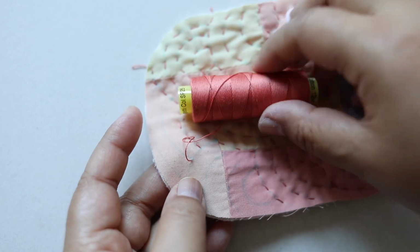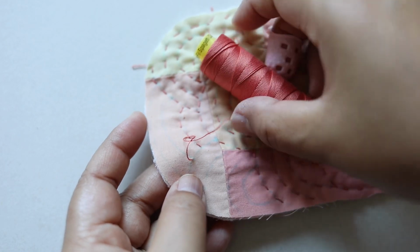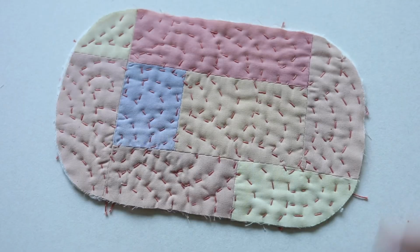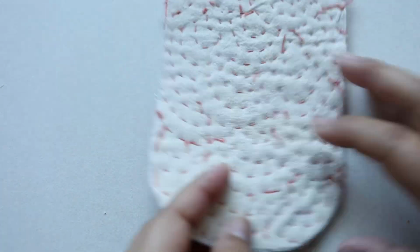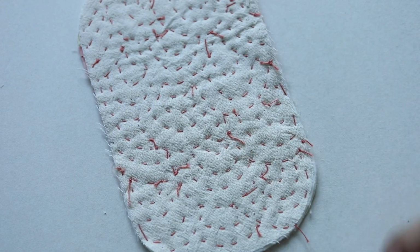I really like this corally color thread that I was using, and if you want to get something similar, the color is SP25. Here's the piece all finished and pressed. The next step now is to add the pocket portion, and